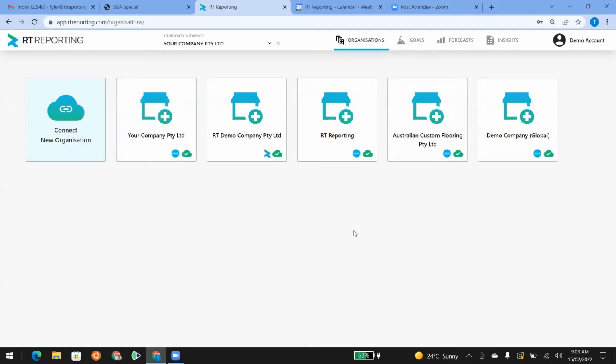Awesome. All right. So yeah, guys, we've logged into RT Reporting here, and essentially the tool is an advisory solution, so you can work more with your clients in terms of setting out goals for the year, doing business plans, creating three-way forecasts with your clients, as well as producing management reports and dashboards to have more value-add conversations